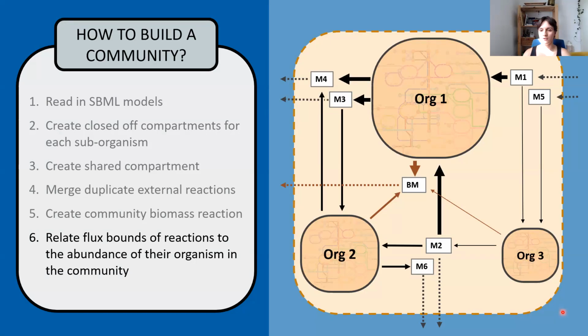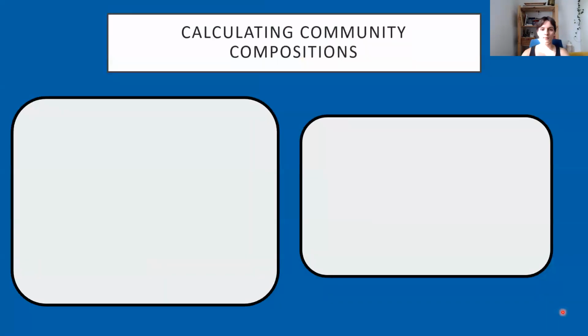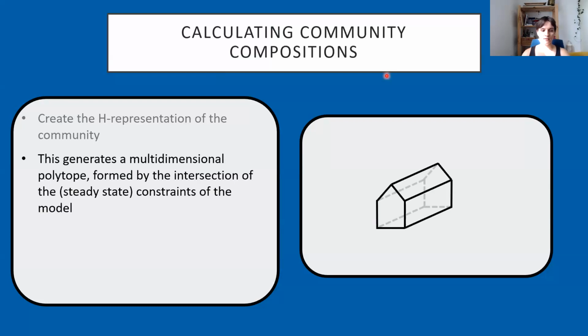Okay, so we know how to build a community. Now we have to look at how we calculate the community compositions. The first step here is to create the age representation of the community. And this generates a multidimensional polytope, which is formed by the intersections of the constraints